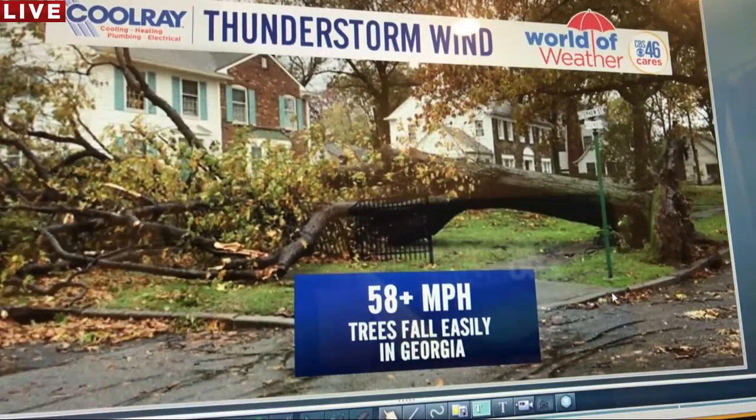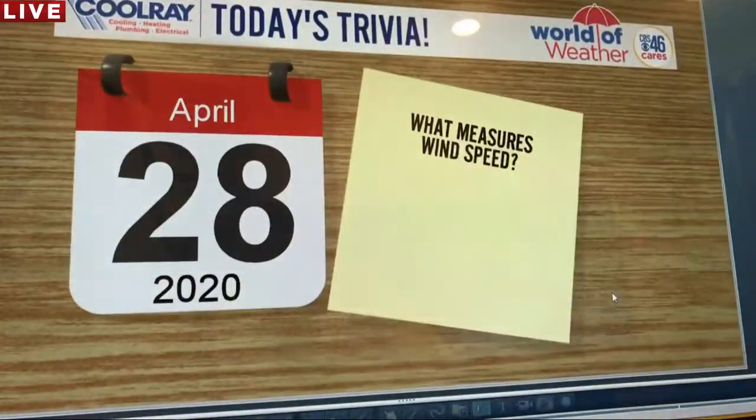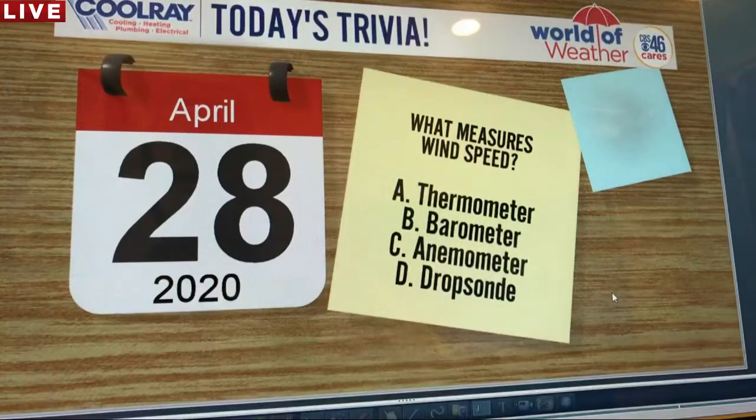Now, what do meteorologists use to measure wind? Does anybody know? We haven't talked about it yet, but do you know what we use to measure wind? This is a trivia question that we haven't even answered yet, but this is the instrument we use to measure wind. It is an anemometer, and that is a little device we hold in our hand. It has these little devices that spin around, and depending on the speed of the winds, it makes those little devices spin faster, so it measures the wind. It's an anemometer. So that's what we use to measure winds.